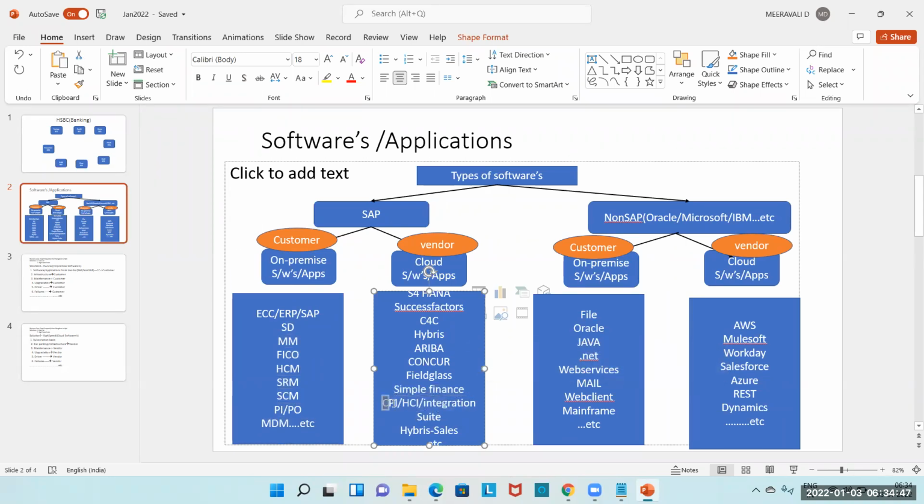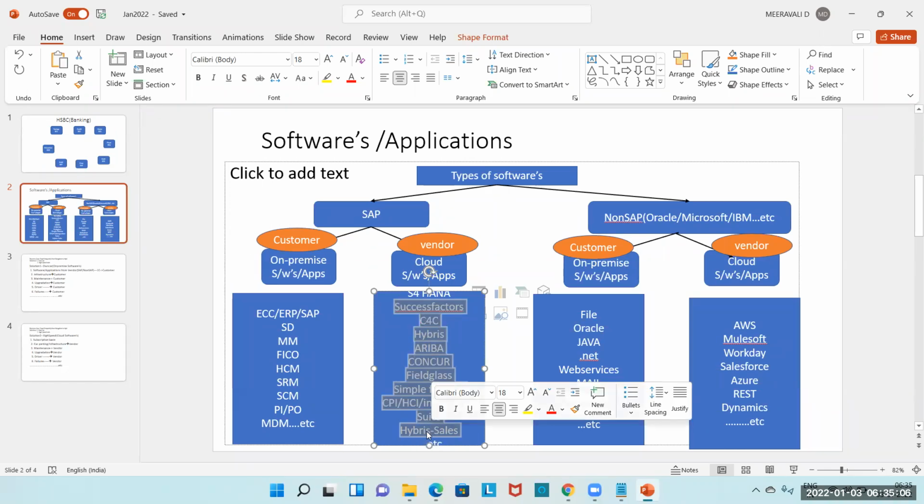Next one is CPI, Cloud Platform Integration, or HCI, HANA Cloud Integration, which is now called the Integration Suite. Next, Hybris for sales, Hybris for marketing; like that we have n number of applications here. These are some of the applications. You should remember these applications, because going forward we need to communicate with them. If you go to interviews, people may ask you this question: